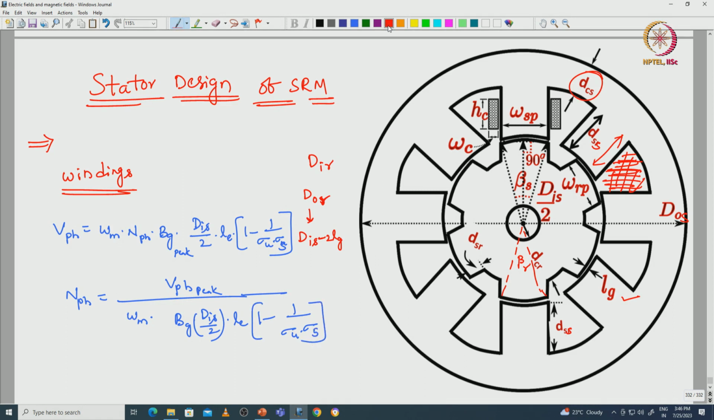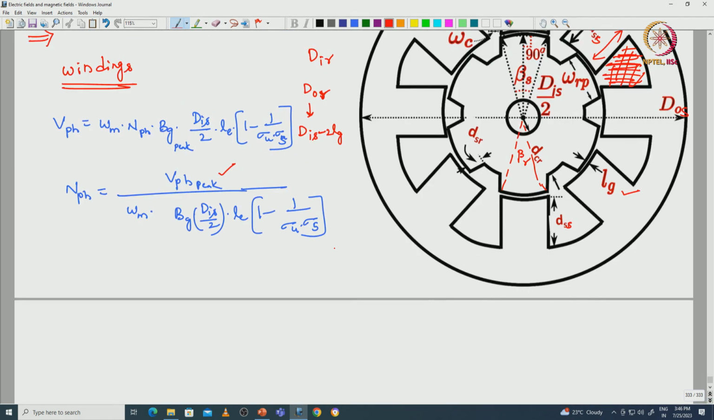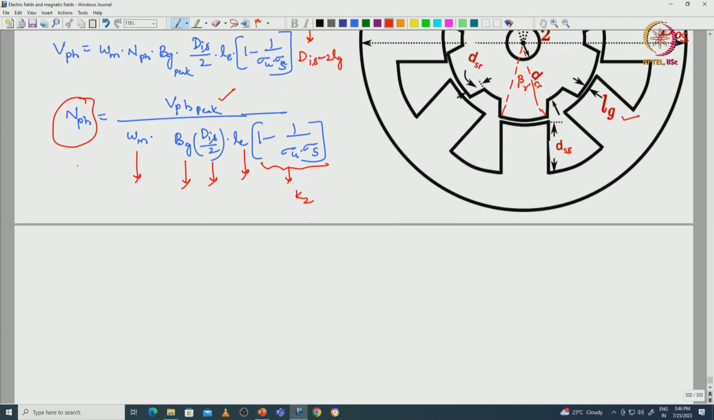So here we know the phase voltage peak value, and flux density with respect to the air gap, and rotor speed, length of the core, and inner diameter of the stator, and this term, the inductance ratios product term, that is K2, also we know. So based upon that we can calculate the number of turns per phase. It is always directly related to the voltage applied. So number of turns we can calculate with respect to this equation. Here K2 we can select in the range of 0.65